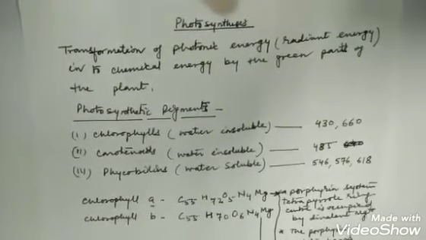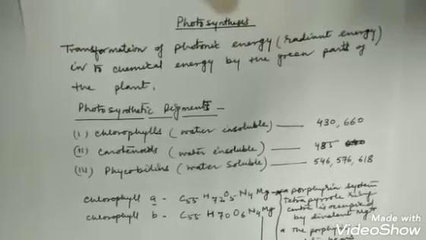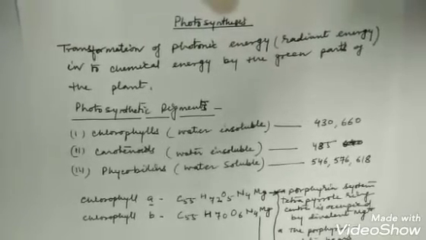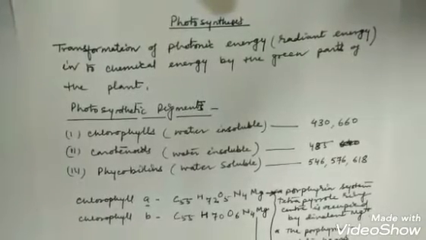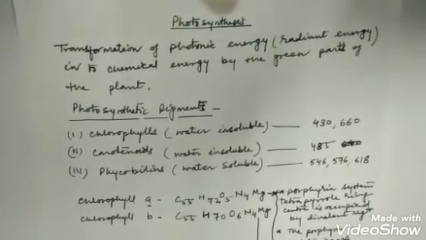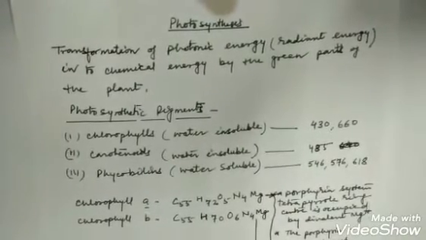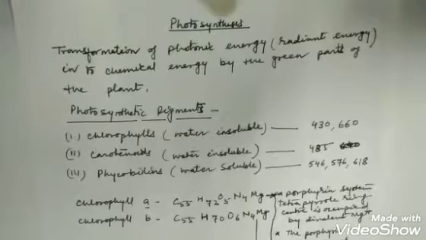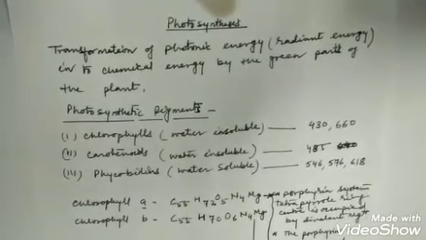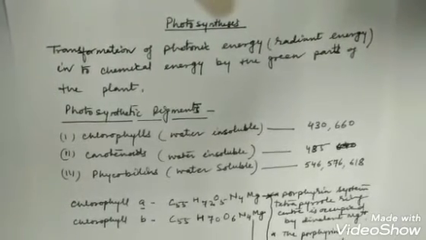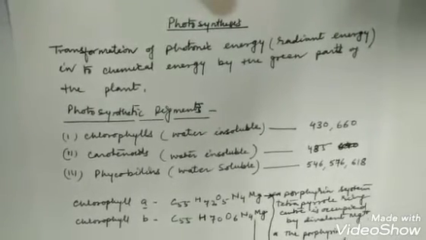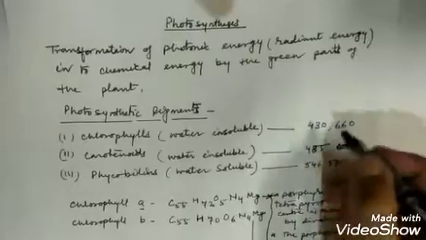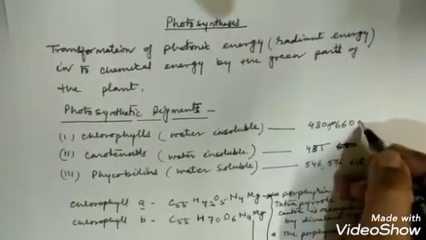There are so many photosynthetic pigments which are responsible for the absorption of light quanta, and they absorb light energy or the solar energy from the system. And these photosynthetic pigments are the chlorophylls, carotenoids and phycobilins. Chlorophyll molecules are of different types, that is chlorophyll A, chlorophyll B, chlorophyll C, chlorophyll D and chlorophyll E. But all chlorophyll molecules are water insoluble, and their absorption maxima ranges from 430 nm to 630 nm.